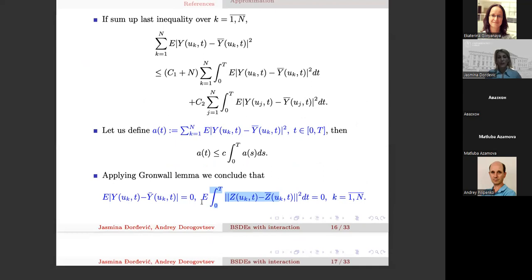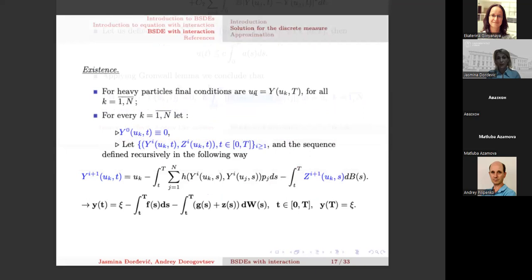For the existence, as we observe the heavy particle case, we have that the final conditions are as we noted them, u_k's. And we start now with iterative assumptions. We have the final condition, but we go back, and for the 0 step, we have that y0 is 0, but Y and Z satisfy this equation, where now, by the assumption, the drift is completely familiar. The only thing which is unknown is actually the solution of this simple BSDE, where the drift coefficient is only dependent on time. Actually, we don't even have this function g, it is 0, but I stated here the complete form of